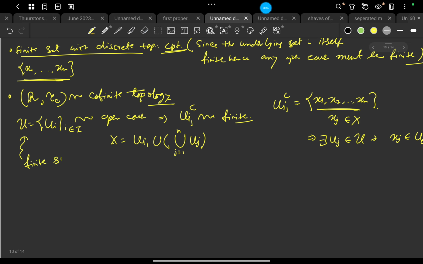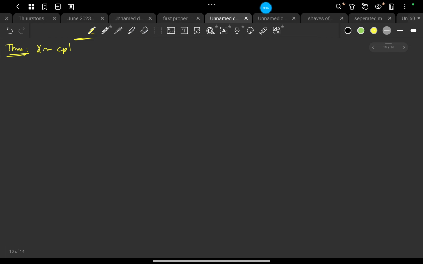So there's a theorem that says: suppose X is a compact topological space and let's say Y is a subset of X which is closed. Then Y must be compact.